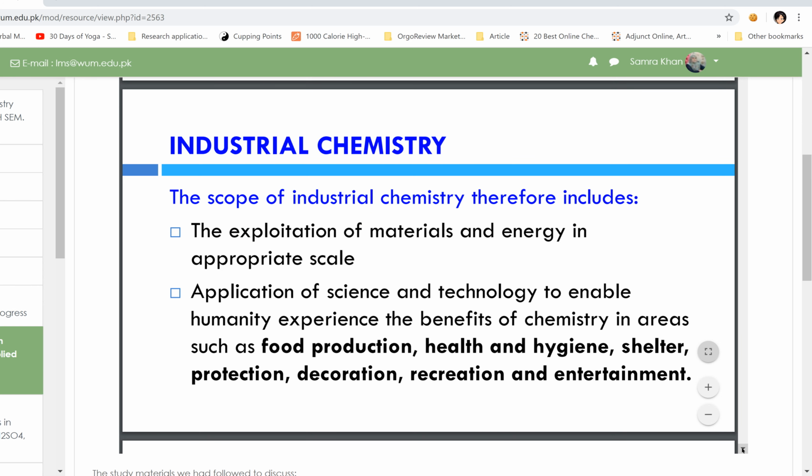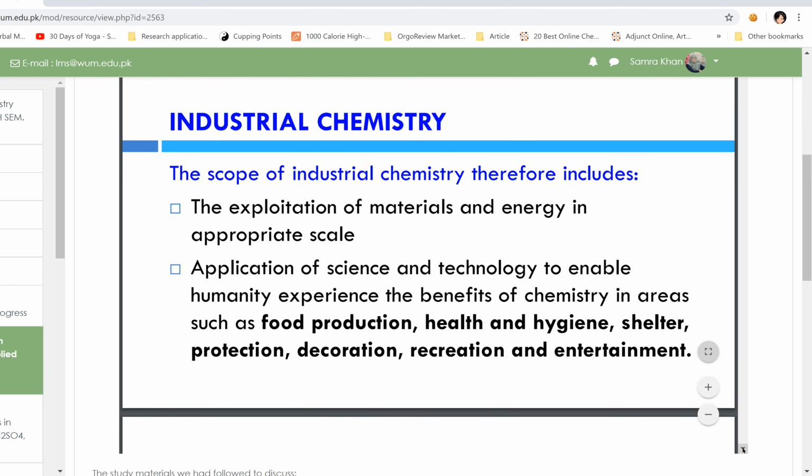Anyway, when we looked into that, I just want to take a small note on where industrial chemistry has been playing its role. We all know it's food production, health and hygiene. Health and hygiene comes in this present pandemic. It's a perfect example of how the face masks, the vaccines, the drugs were only able to be sufficiently provided because of the industries. No man-based or hand-based procedures could have compensated for the present need.